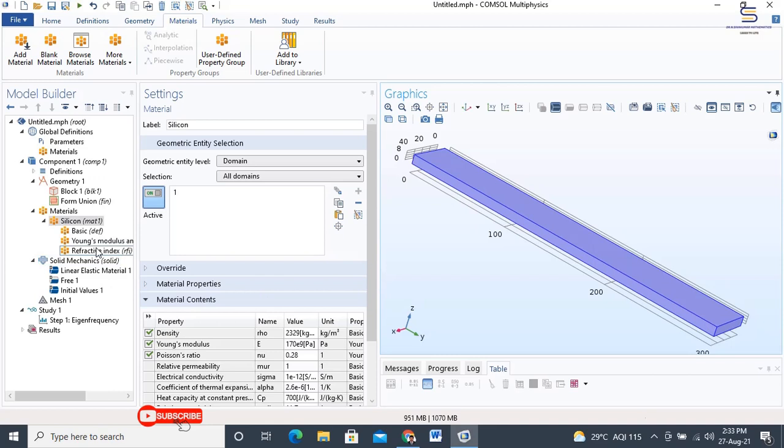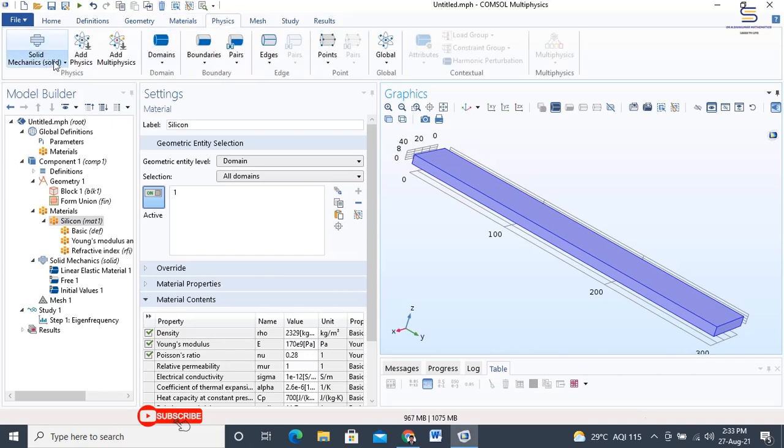Now go to the physics and then select solid mechanics, fixed constraint, face 2 only.